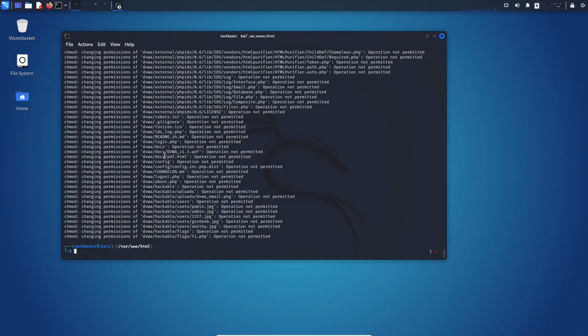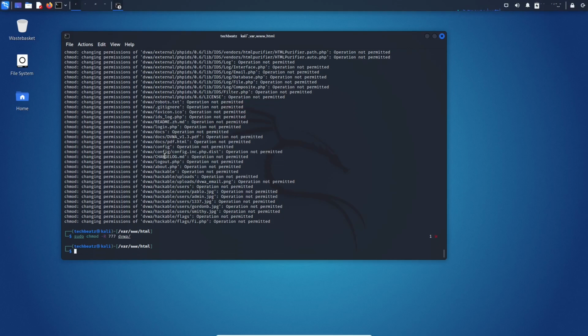I think we need to do sudo. Okay. So sudo chmod, then dash capital R 777, and then DVWA. Right, so that is now done. We need to set up the user and password required to actually access the database. So let's change directory to point to the config